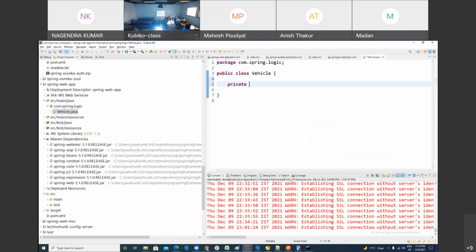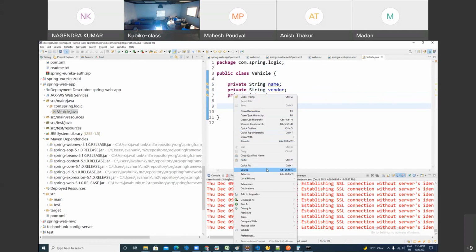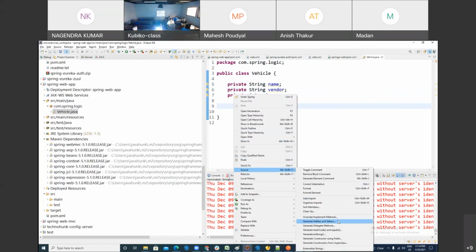Private String name of the vehicle, private String vendor, private int price. And you can make getters and setters of it.